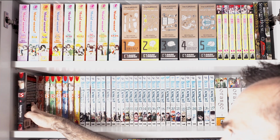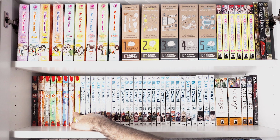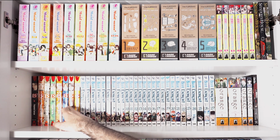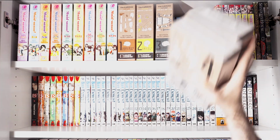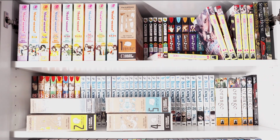The reason why I didn't pick this up right away is it took me a while to collect these volumes because they're out of print. But I now have all the volumes. There are no excuses. This should be at the top of my list, and I just have not read that yet. Now let's go ahead and check out what is behind door number 2 here,